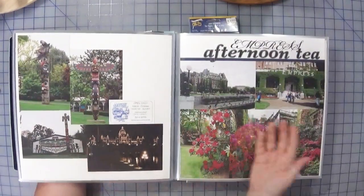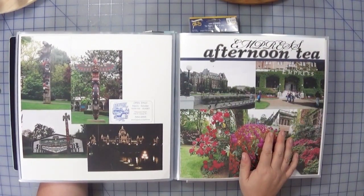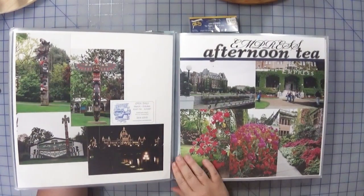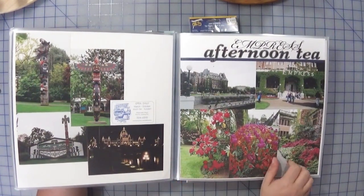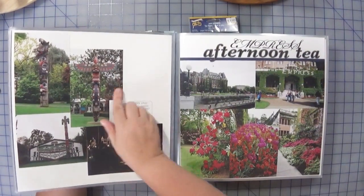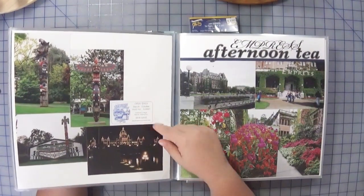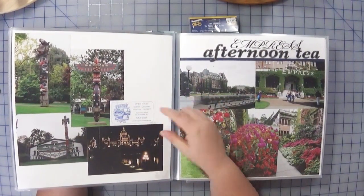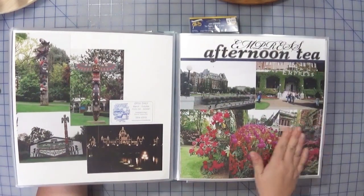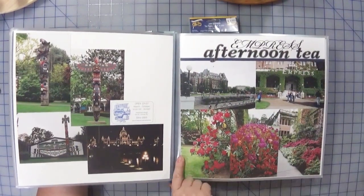This was a trip to Victoria for a work convention, but I stayed a little bit longer, so I have a few other pages telling the story. If you look at this one here, no cardstock at all, just photos, and I added a business card, and that's pretty much it. This one here is very popular of my style, where I just stack the photos right next to each other